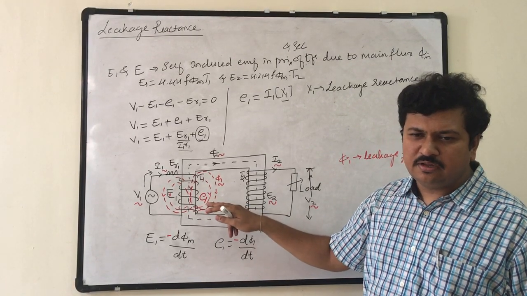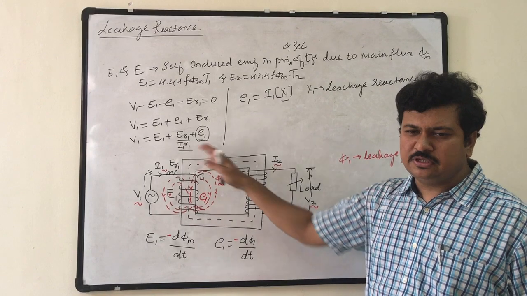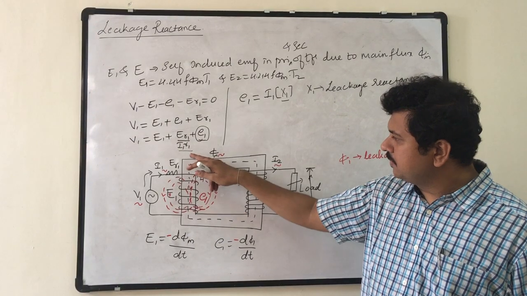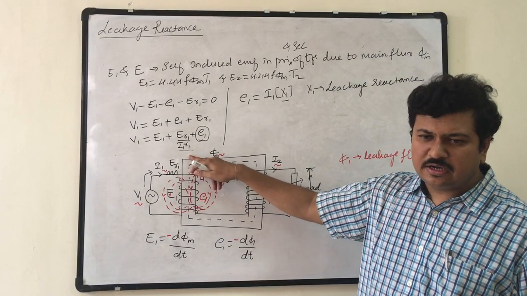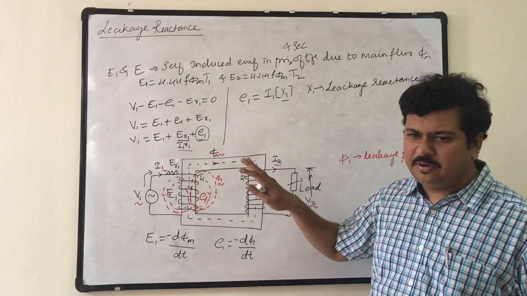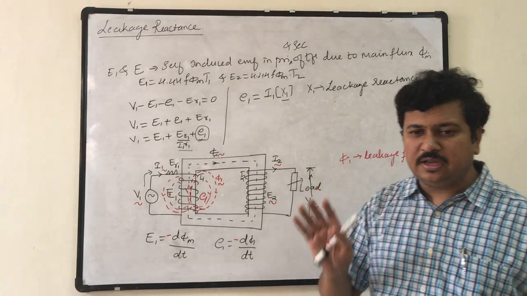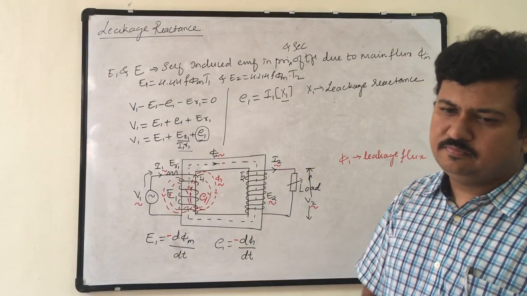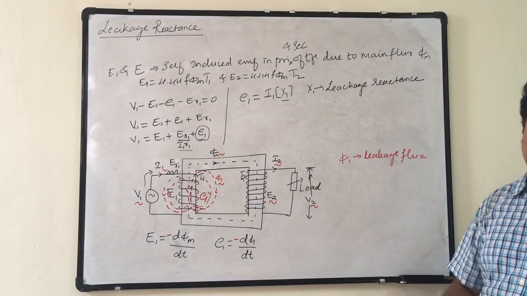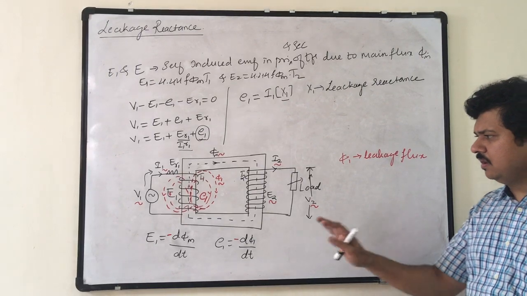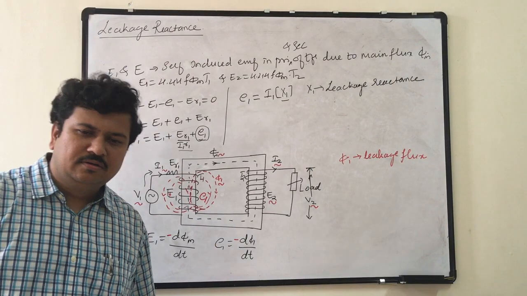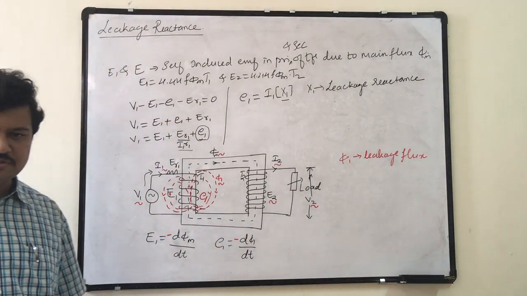And I should represent that in the form of a voltage drop, because it is opposing the supply voltage. One drop I have represented already as a product of current and resistance. Now similarly, analogous to the IR drop, I will take the IX drop. This is how the reactance concept came into the picture, and it came into the equation. So this is all about leakage reactance, at a very fundamental level. If you don't understand what leakage reactance is, it is difficult to understand the behavior of the machines.